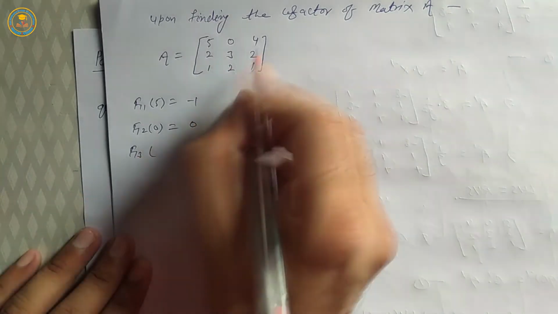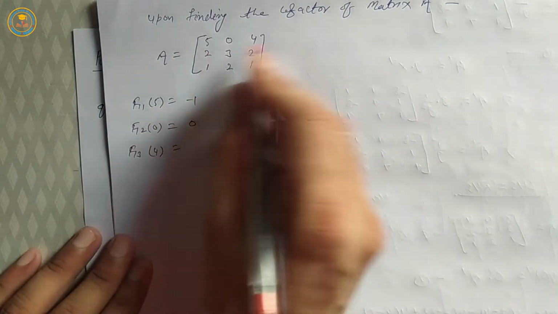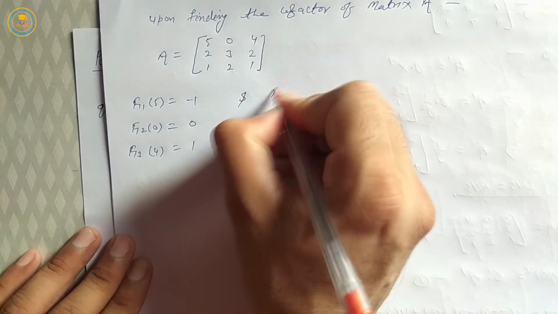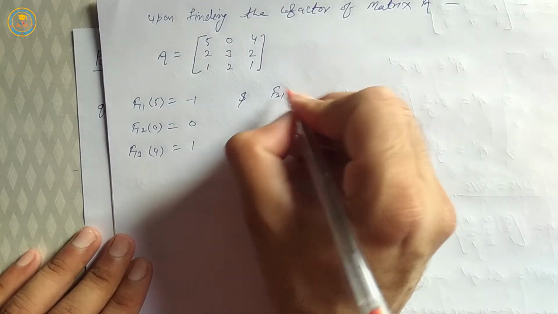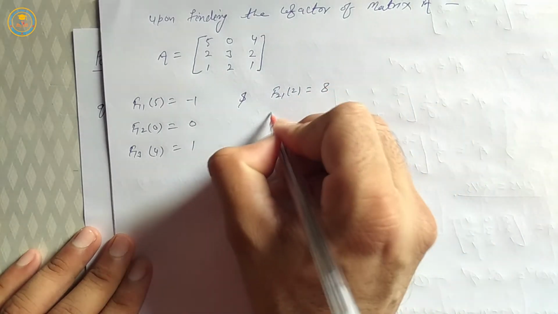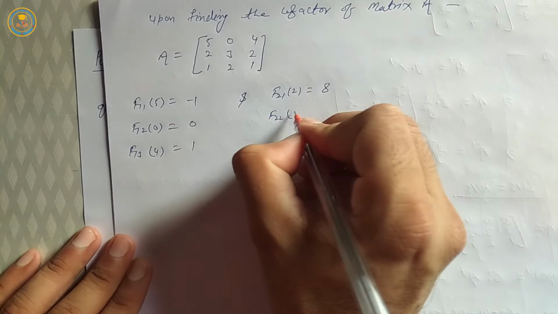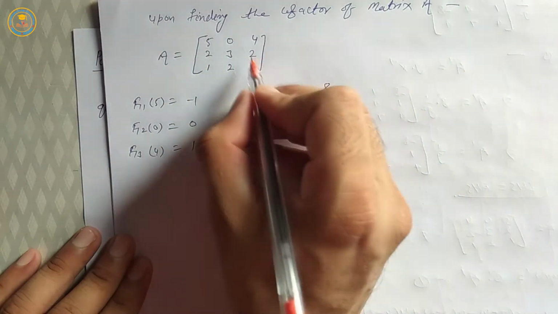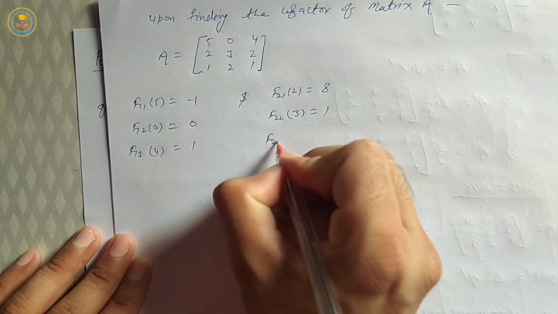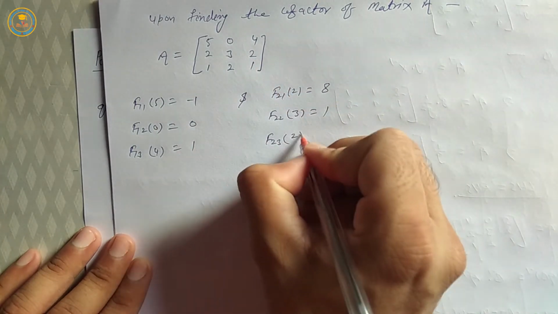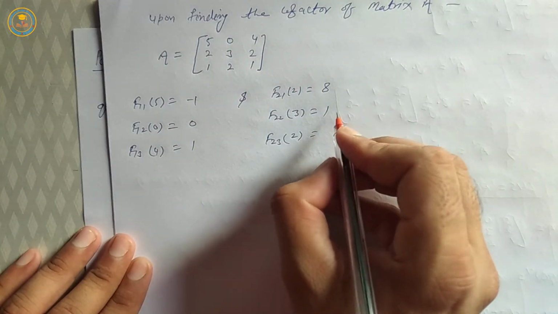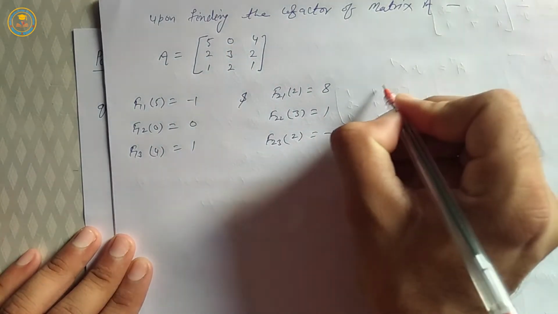F13 is equal to 1, and F21 is equal to 1, F22 is equal to 1. F23 is equal to 10 minus 1 0, 10, it means minus 10, and